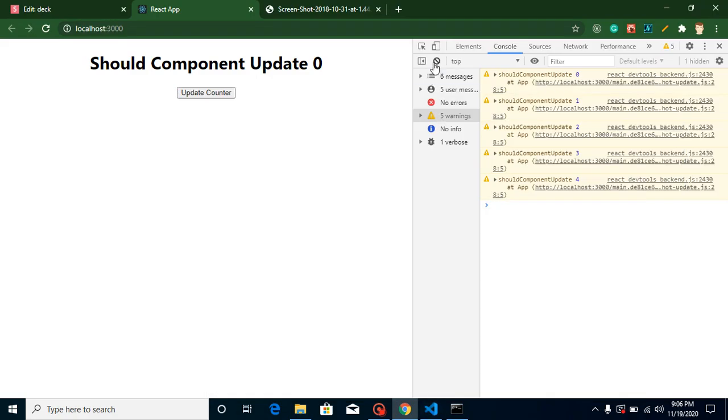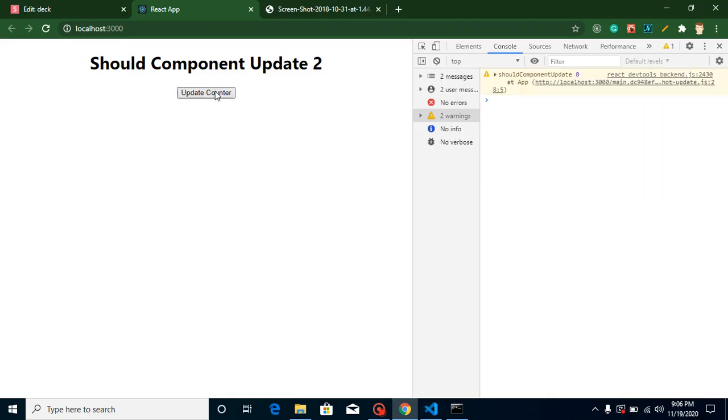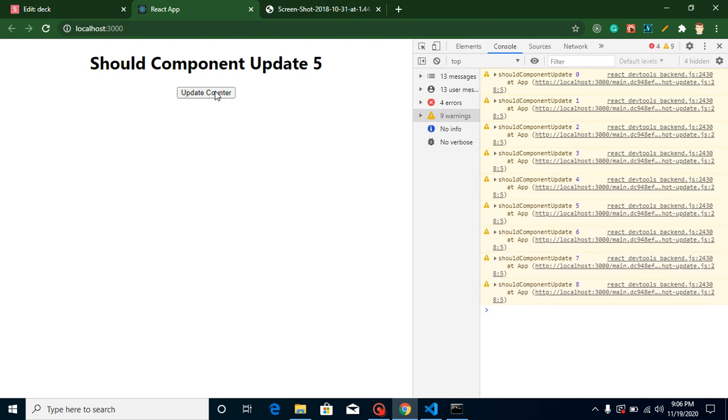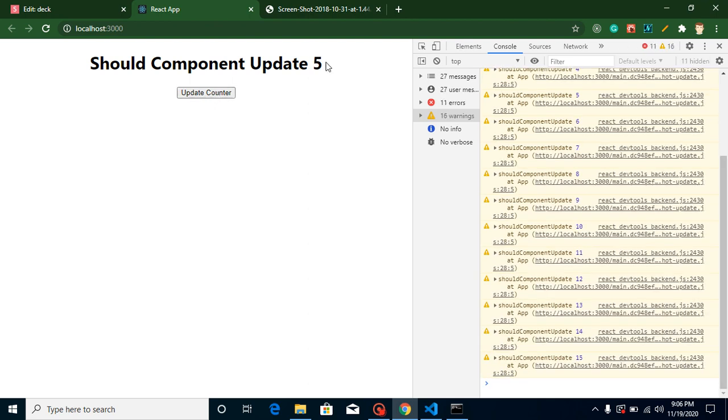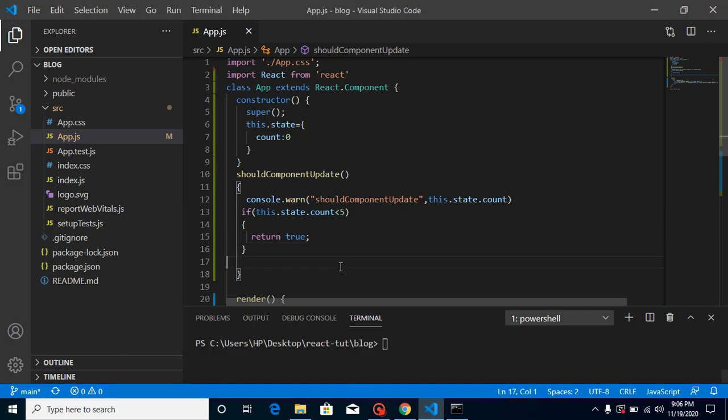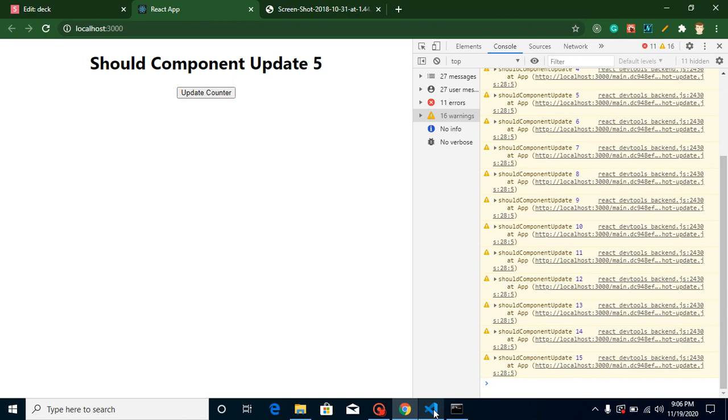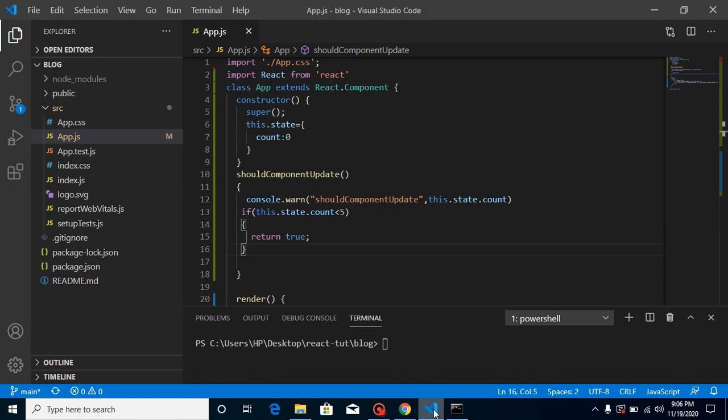So now you will find that till 5 this is working fine, but after 5 we don't have any update here, because our component is not going to update after that, right? So this is the way we can stop rendering on a conditional basis. And you can also use props here. I'm using just one state here, but you can use multiple states and so on, right? So that's all about it.